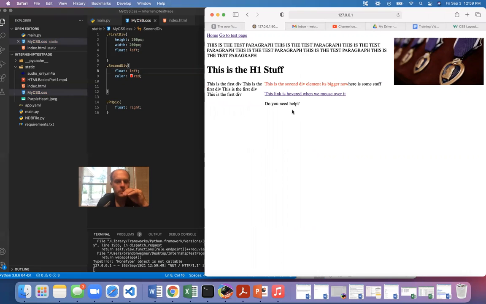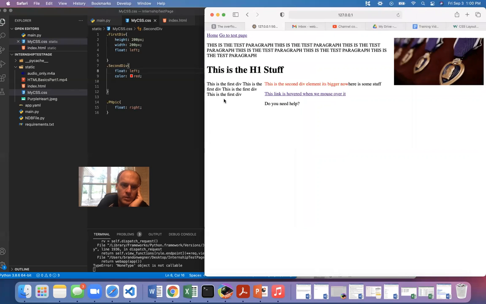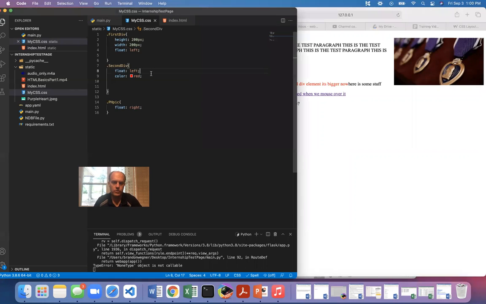Right, so since it's only 200 pixels height and width, it's only going to go that far. It's going to stay in its lane before going down to the next line of its width, since we've got it floating left. And then this one, since it's also floating left, it's like, all right, well, I'm just gonna come up and float along here. I'm not gonna go to a new line, because if we didn't have it float left,